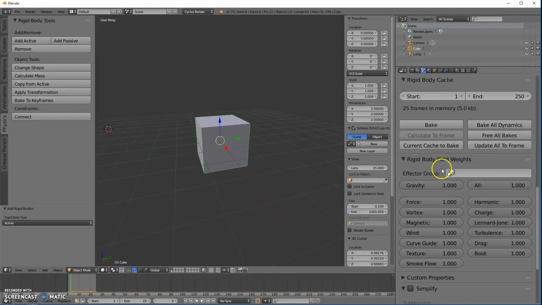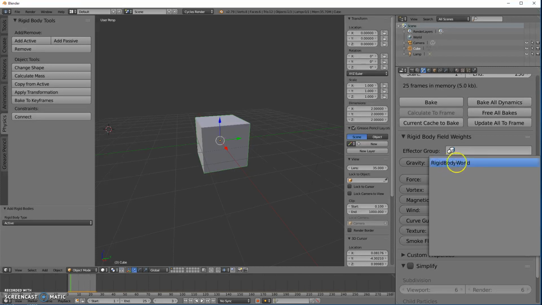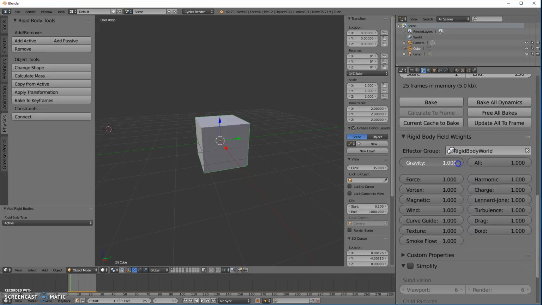I'm going to go a little bit further down. I also have this rigid body field weights. And since we have a rigid body environment, I can click on this. And I could actually use this to take away the effect of gravity and then to add the effect of gravity. And so you can play around with these different things to modify how your rigid body world is affected